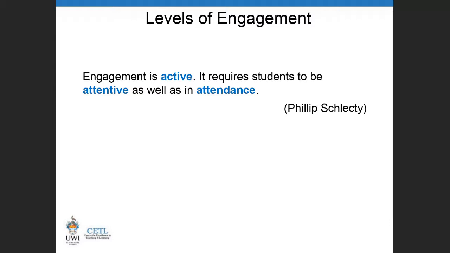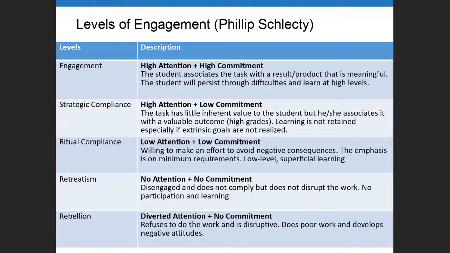Let's say, for example, you might be teaching students in the same platform, and the students may be on, but then they're making a sandwich in the kitchen, or they're on their phones texting somebody, and that kind of thing. Engagement, however, requires that they are engrossed in what is going on in the class. They are involved, not just in attendance, but also attentive and involved. Yeah. And you have different levels of this. So I don't want to go through all of them, but you really want to aim for the highest level, which is high attention and high commitment.